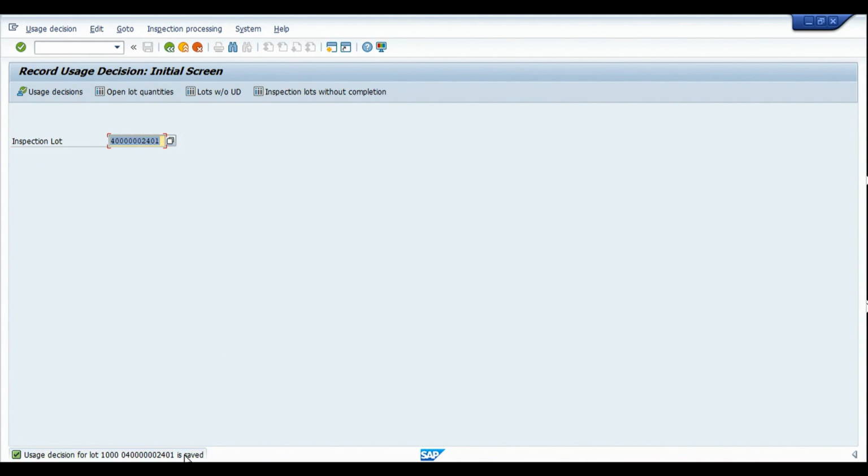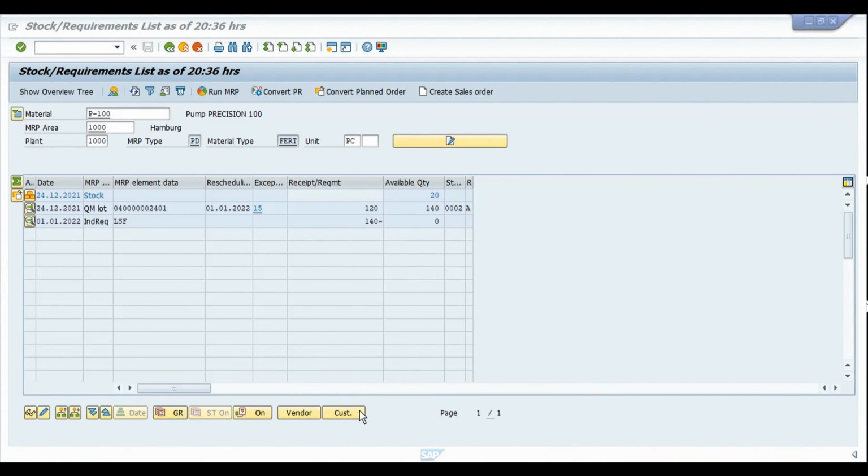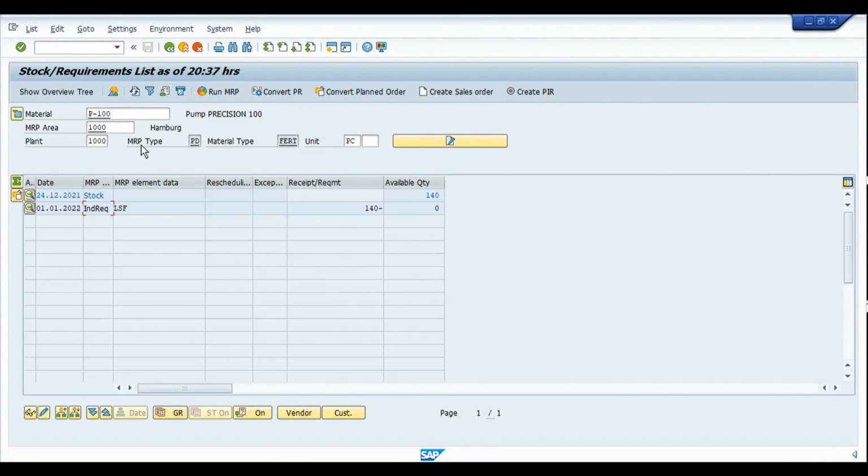So now the usage decision has been updated for the QM lot. And if I go back to the MD04 and refresh the list, you can see that the QM lot has disappeared and the quality inspection stock of 120 pieces has been moved into the unrestricted use.